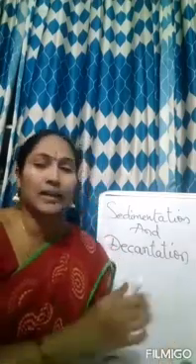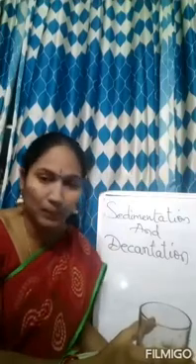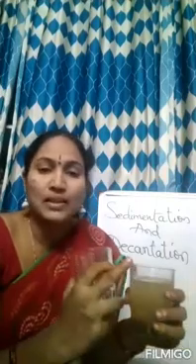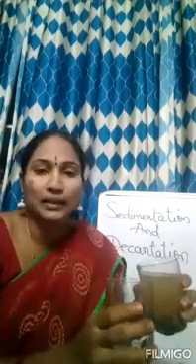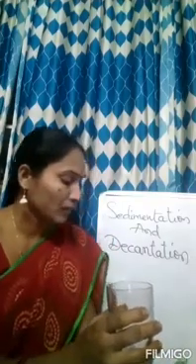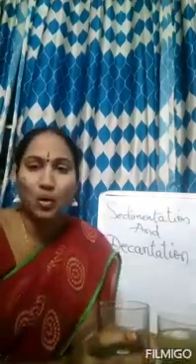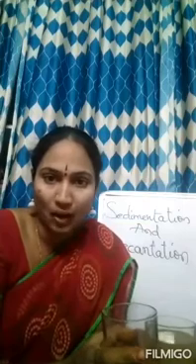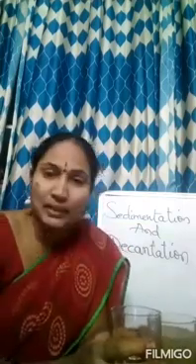Now about decantation. For decantation, you have to take one more tumbler, and you have to take the tumbler that has sand and mud. The tip of the tumbler should be kept in an inclined position. This is called the inclined position. Think of a ramp, for example, the ramp in hospitals and in your houses, the ramp that is used by parents to keep the bike inside the house. So the tip of the tumbler is inclined at the edge of another glass tumbler in this way.